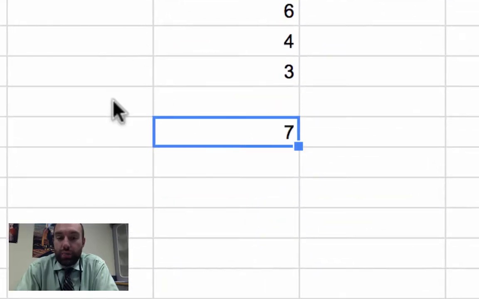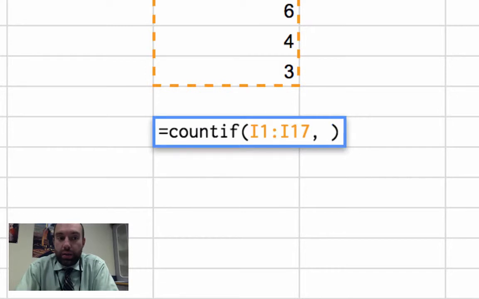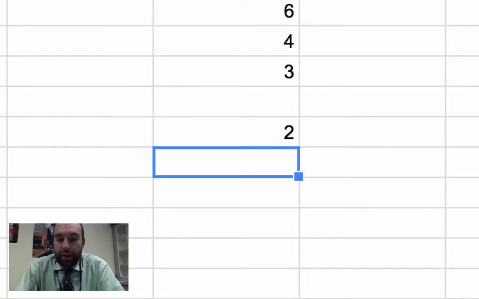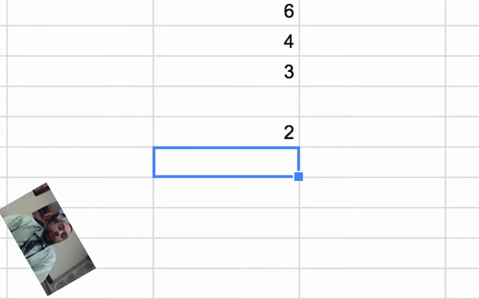If I change my formula from 3 to, let's say, 5, it will now count the number of 5s. Pretty cool, huh? There's a lot more you can do with these formulas, so this is just the basics. When you're analyzing your data, you can do all sorts of awesome stuff, looking for how many times a number appears, or checking to see if something is true or not, and it lets you analyze your data in a much more useful fashion. I use both of these formulas all the time when I'm creating spreadsheets and analyzing data. So good luck with that. You're going to have to show your teacher that you understand this by demoing it to them when you're